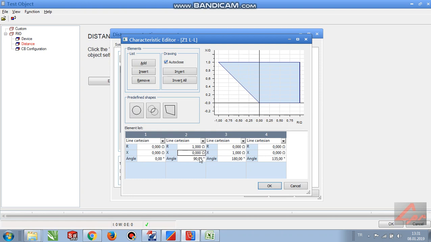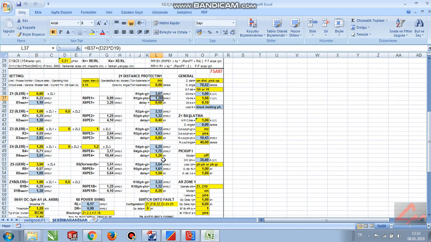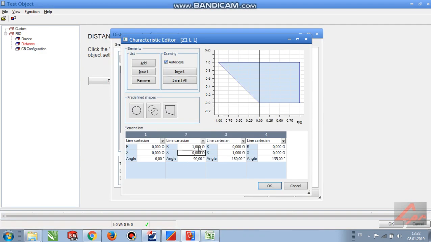It's not necessary to use X value and R value, because all of the angle axis is passing on the R on the X axis. Just as I show you for zone 1 forwards area, R1 phase to phase 1.26,